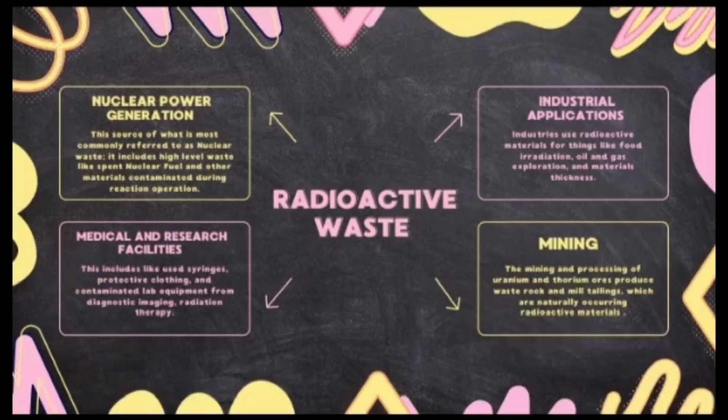Management and safety: proper disposal, protective equipment, training. Employees must be trained on how to handle and dispose of different types of waste safely. Emergency preparedness: facilities should have emergency procedures in place, including access to safety showers, eye wash stations, and fire extinguishers. The next one is industrial application.